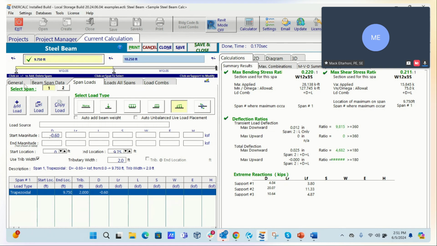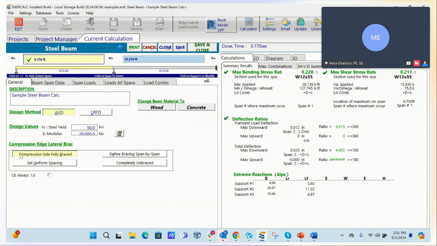Now, what you need to be careful of is how this factor right here, the compression bracing, doesn't tell you if it's the top that's braced or the bottom that's braced. It assumes that the compression side of the beam is braced. So if you are in a complete uplift situation where the bottom flange is the compression flange, then it expects you to tell it what that controlling bracing is. It expects you to know that, okay, if the bottom is controlling, then this is not fully braced. This is maybe braced at every 5 feet. We have a kicker or something.